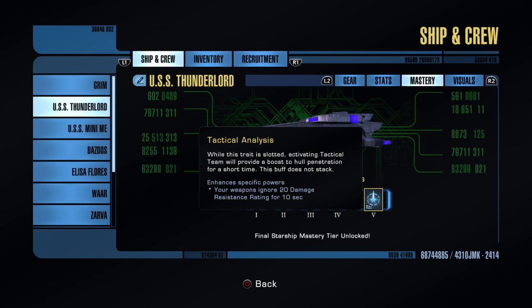Now, for the actual mastery itself, works with tactical team. Now, if you're not using tactical team, you need to be using tactical team. I use tac team on all of my characters, regardless of class. Every character gets tac team. It saved my life more times than I can count. It's a great ability, and you should definitely be running it, especially when you're using this ship because you have